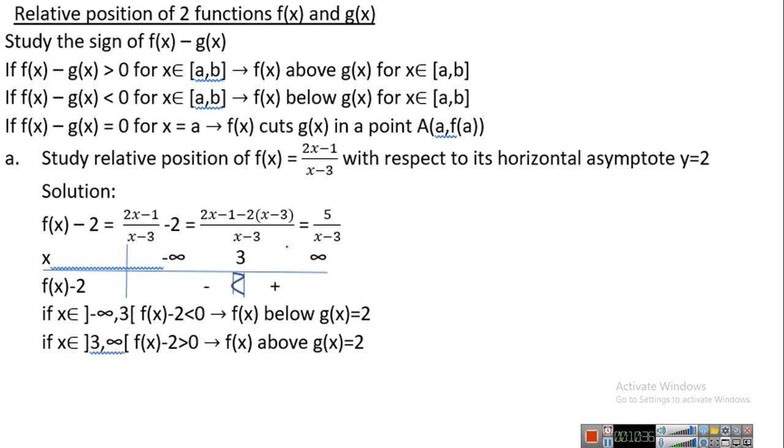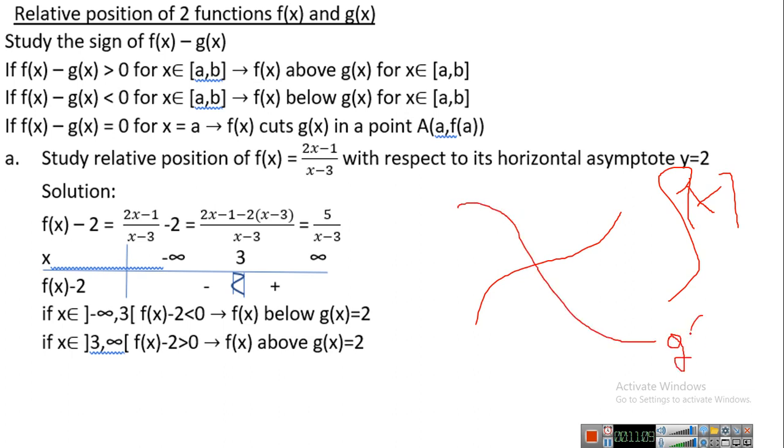Now we're going to talk about something else, which is called the relative position of two functions. So the relative position of two functions, f of x and g of x, what does it mean? Let me tell you. If you have two functions, one is f of x and one is g of x. So this is f of x, this is g of x, and if you have an intersection, which is a point A,